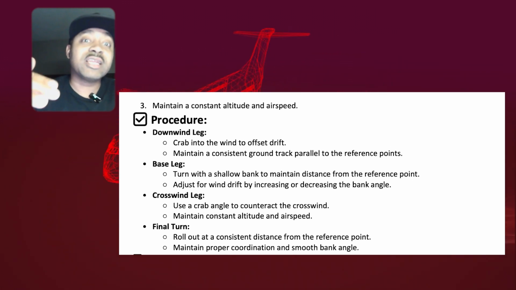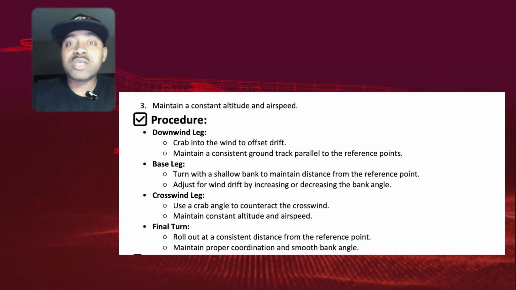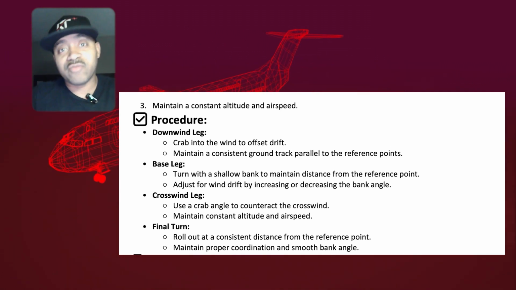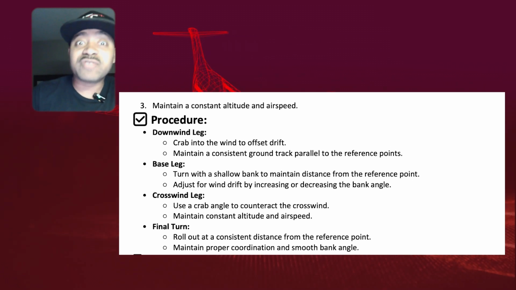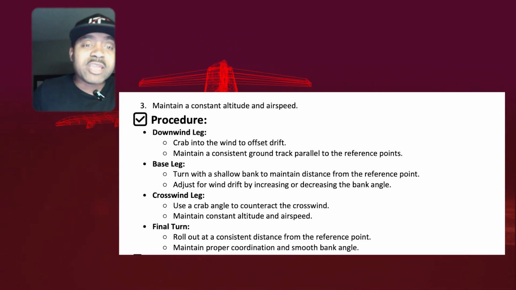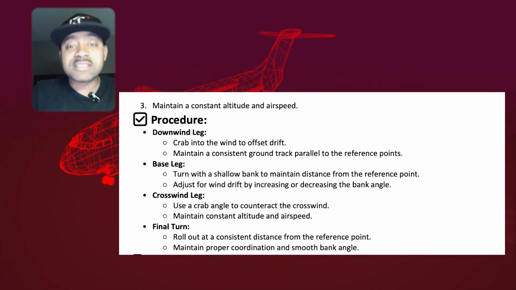If you have a tailwind, you're going to end up going way faster. If you have a headwind, you're going to go way slower. So if you're going way slower, you're going to have to make a slower turn as you turn to final. If you have a tailwind and you push fast, you've got to make a steeper turn so you don't overshoot going into final. And then when you turn final, you can roll out on a consistent distance from that reference